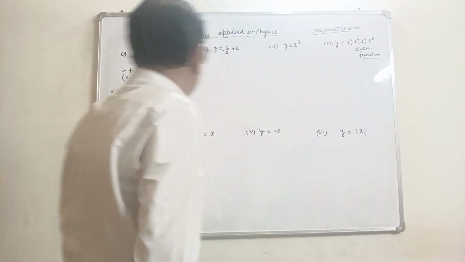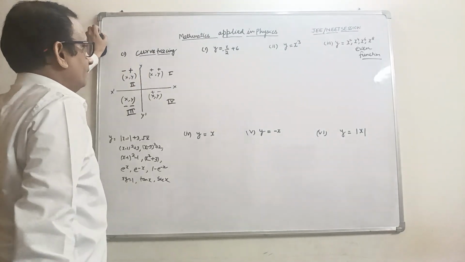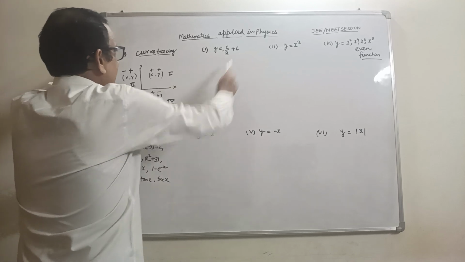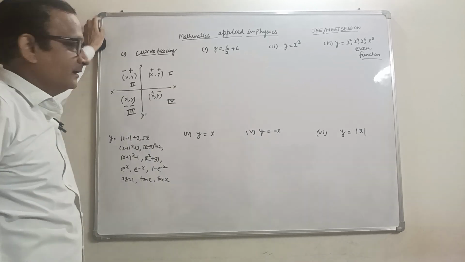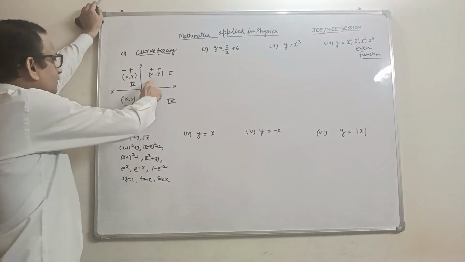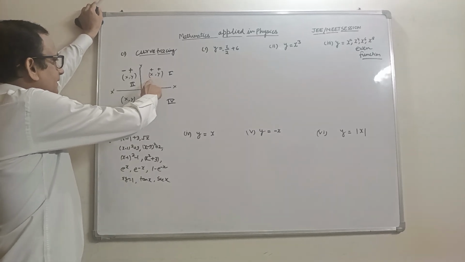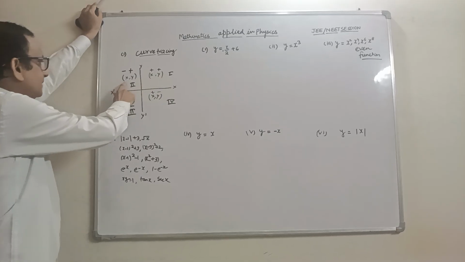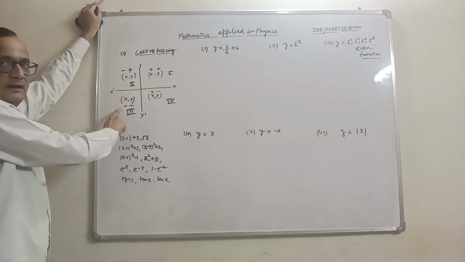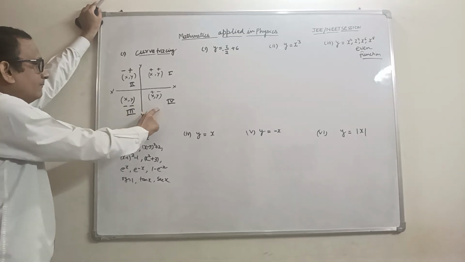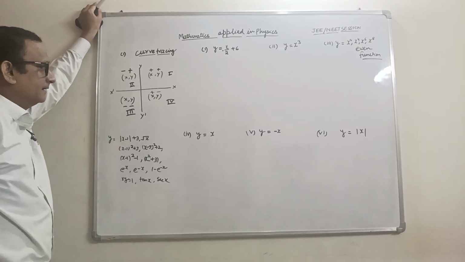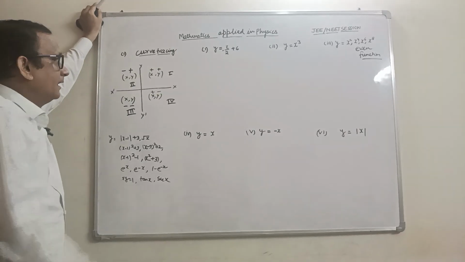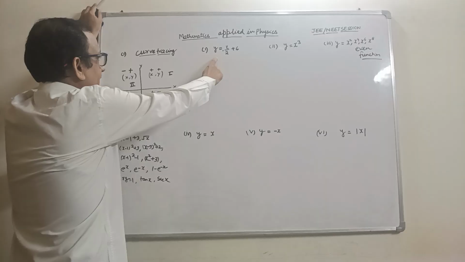Different functions are given here. This is the linear equation of a line, y is equal to mx plus c. We know that in the first quadrant x and y are both positive. In the second quadrant x is negative, y is positive. In the third quadrant x and y are both negative, and in the fourth quadrant x is positive, y is negative. This is the fourth quadrant, and this is the equation of the line y is equal